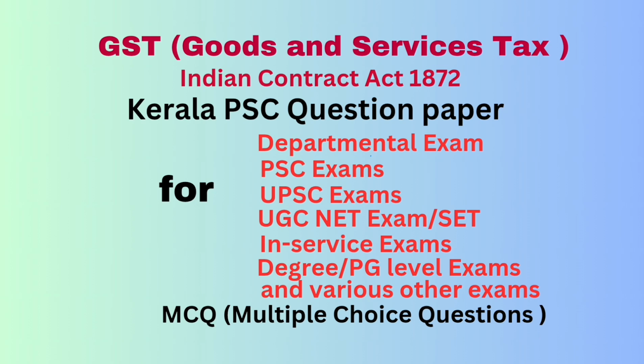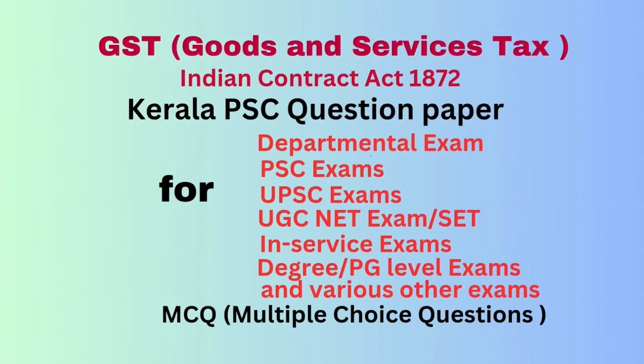Question number 60. The person making the proposal in relation to contract is called. Answer promisor. Question number 61. An agreement not enforceable by law is said to be dash as per the Indian Contract Act. Answer void. Question number 62. Communication of the proposal, when A proposes by letter to sell a house to B at a certain price, is completed when. Answer B receives the letter. Question number 63. A promise made without any intention of performing it as per Contract Act is. Answer fraud.